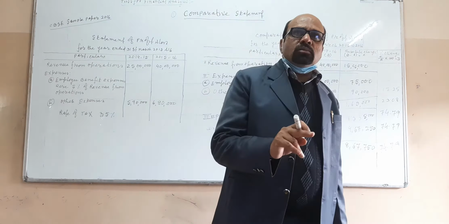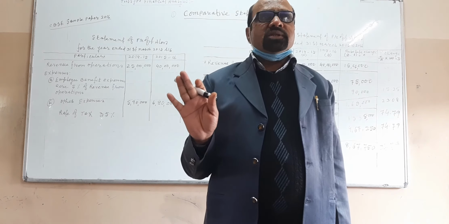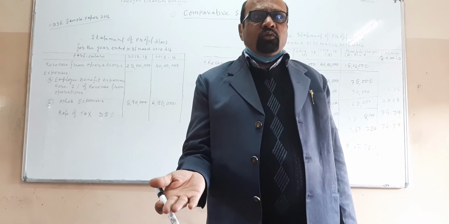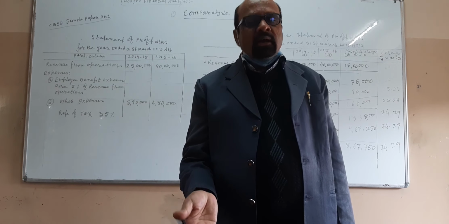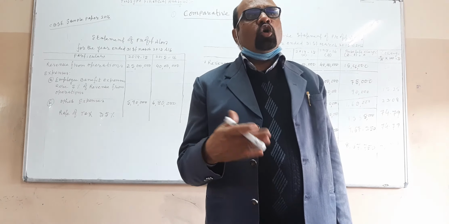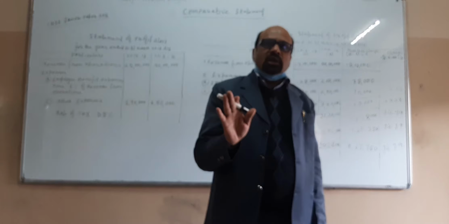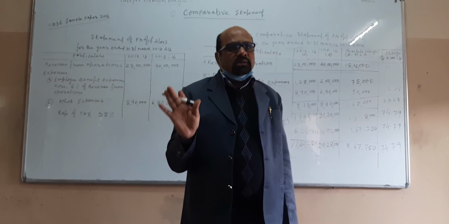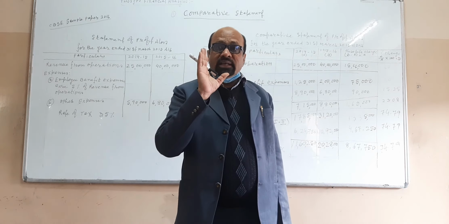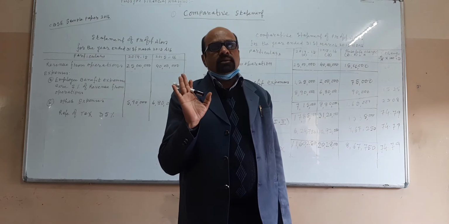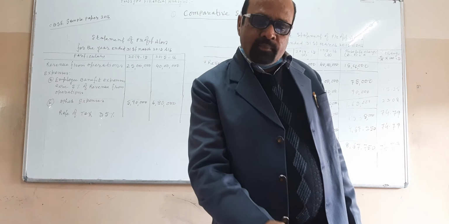Right? Thank you very much, students. You must attempt this question in your examination, and a 4 marks question will come, whether from comparative income statement, common size income statement, comparative balance sheet, or common size balance sheet. Out of these 4, one question of 4 marks will come in your board exam. It's very easy and simple, and you can easily secure 4 marks. Got it? Okay, thank you very much, students.